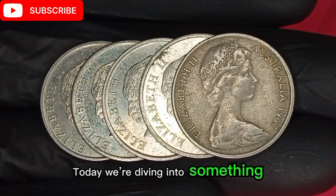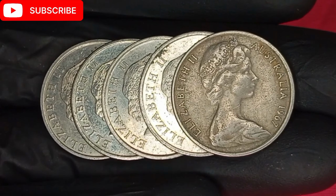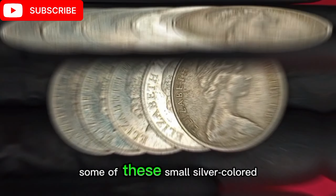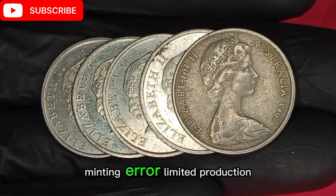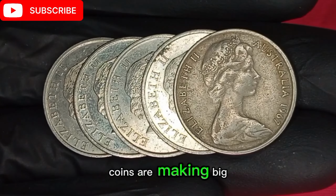Today we're diving into something truly exciting, the top 5 most valuable Australian 10-cent coins that could be worth hundreds or even thousands of dollars. You might think 10 cents isn't much, but some of these small silver-colored coins have become hidden treasures for collectors. Whether it's due to a rare minting era, limited production, or special design variations, these coins are making big waves